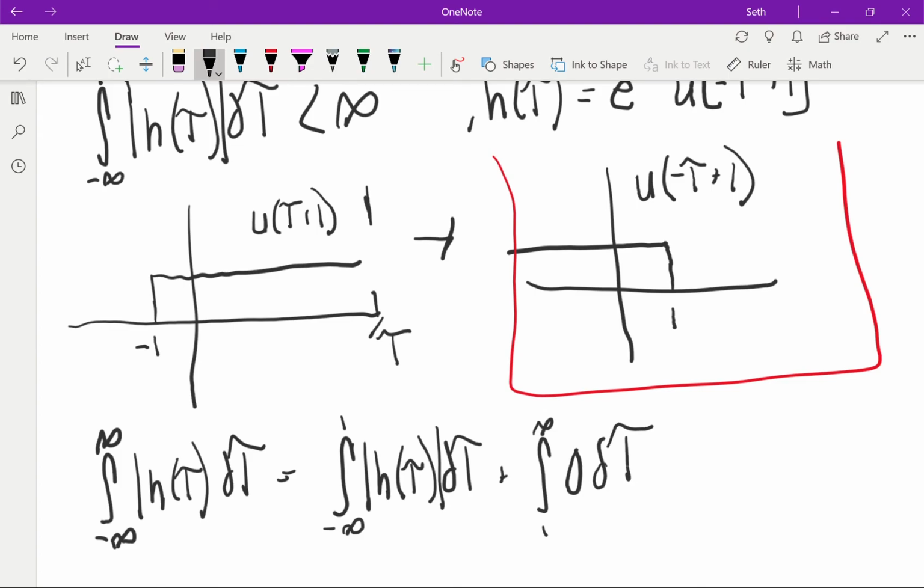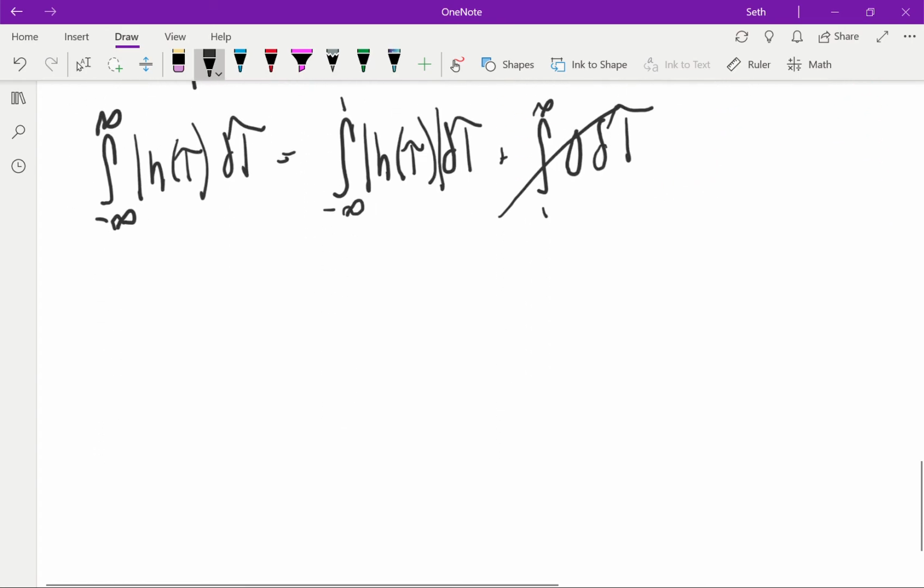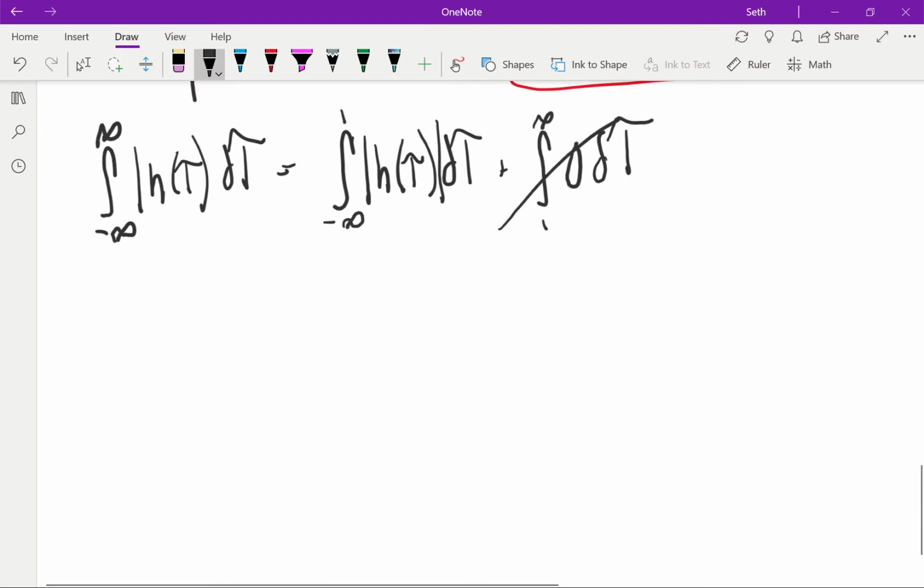And the integral of an integrand that's 0 is just 0, so we don't have to worry about that. So now we can write, finally,